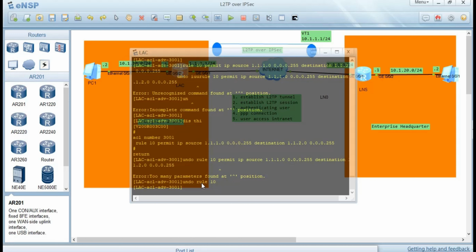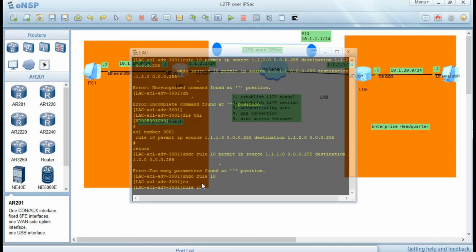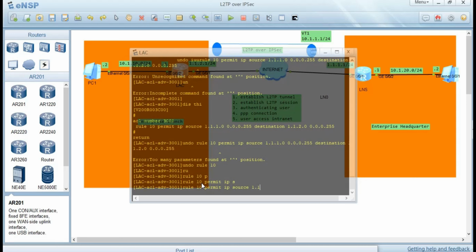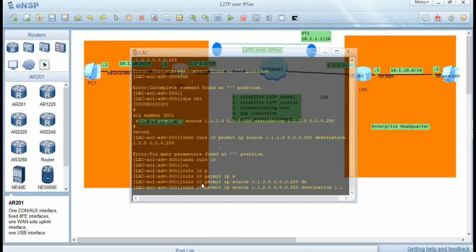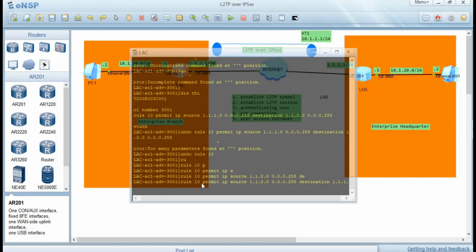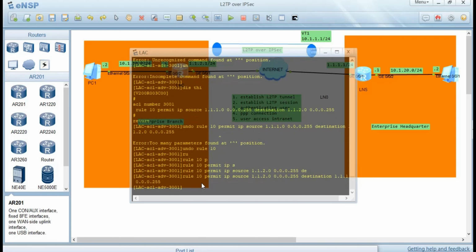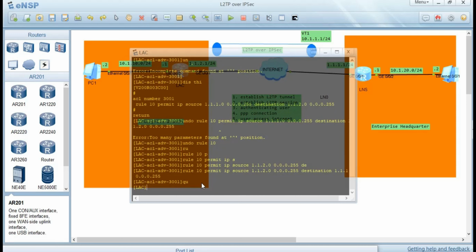So now we're going to create the rule. Rule number 10, permit IP source. The source address here will be 1.1.2.0 wildcard mask of 0.0.0.255, and the destination here will be 1.1.1.0 wildcard mask of 0.0.0.255. I'll quit, and after creating the ACL, the next thing we are going to do is